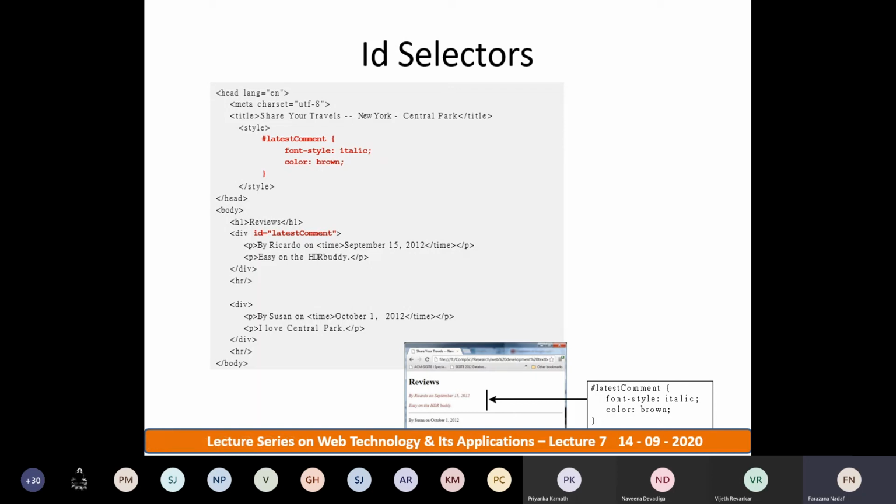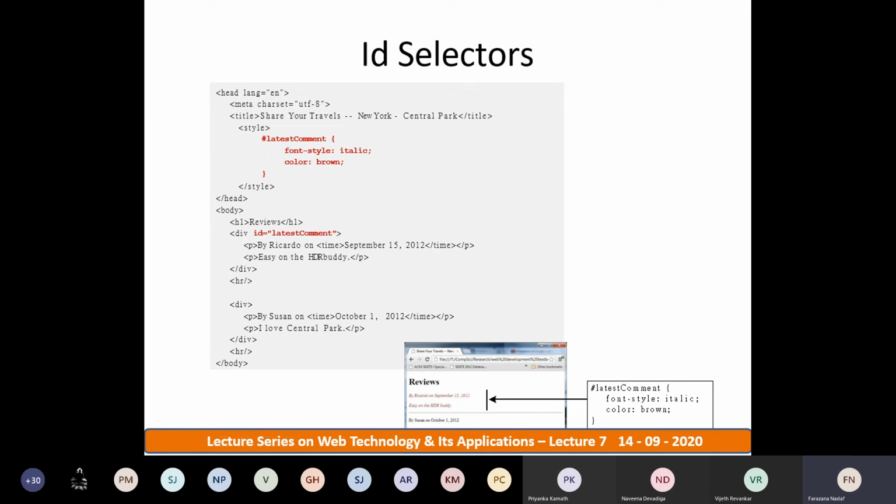So multiple elements of the HTML document can have ID selectors applied, right? Class selectors can be overridden by ID selectors, because ID has a higher priority than the class, a grouping element and a single element, right? Because hash indicates an important one.